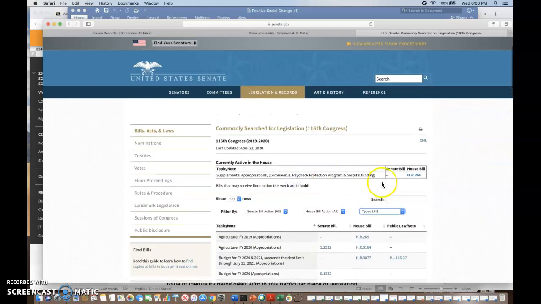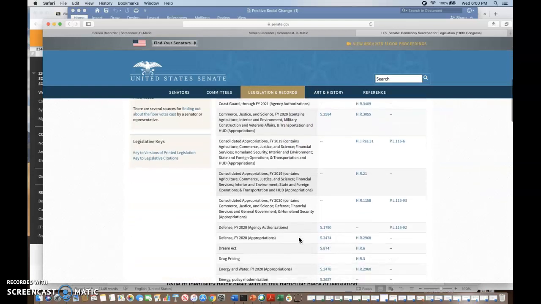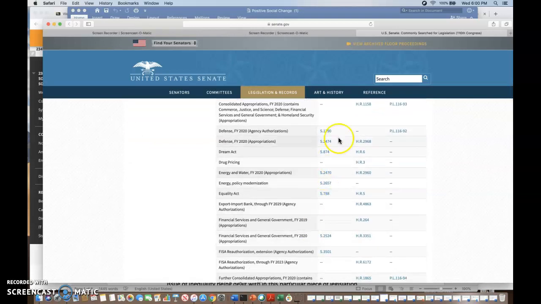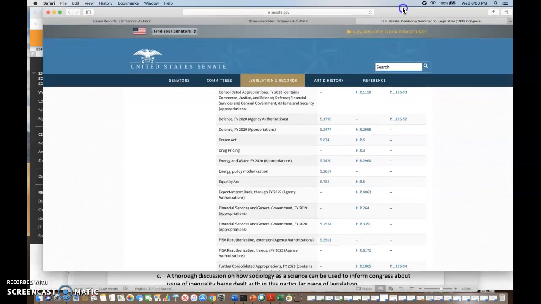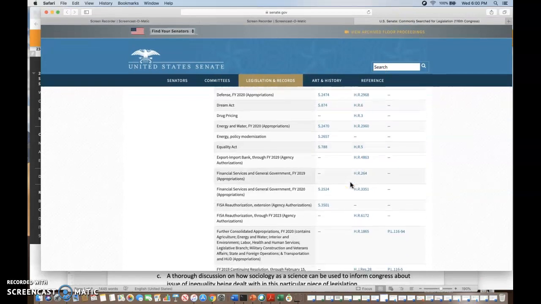You can search for certain topics, and just find a bill that's interesting to you. And in some way, shape, or form, like I said, you can almost guarantee that the bill would be sociologically relevant. And so your objective for this option, if you choose it, is to find a bill, to research the